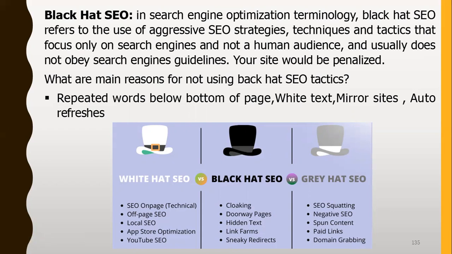You have doorway pages. That's to say that you have a page, from that page you take people to another page, and from that page to another page, just because you want to link the traffic. You have hidden text, or you use link farms where people have to click and click and click before they get to your website. So you want to ignore all of those things that are not white hat, that are not a clear way of getting traffic to your website.